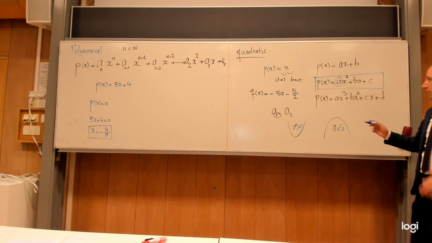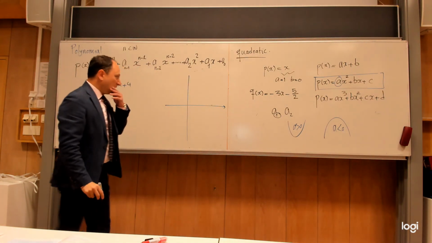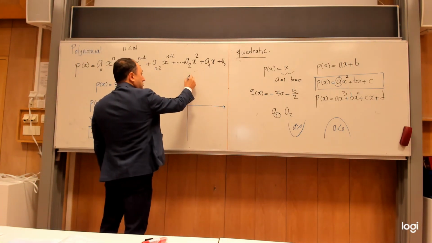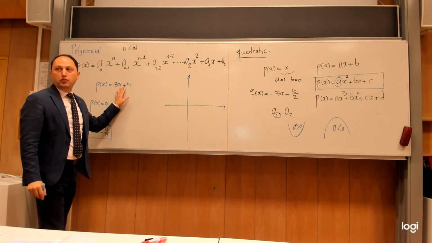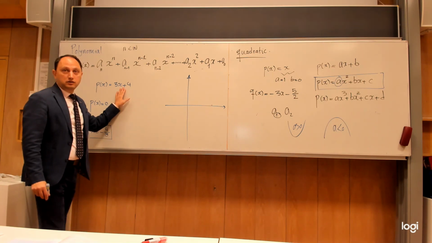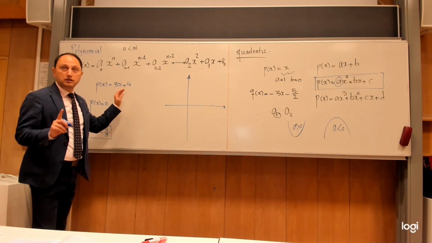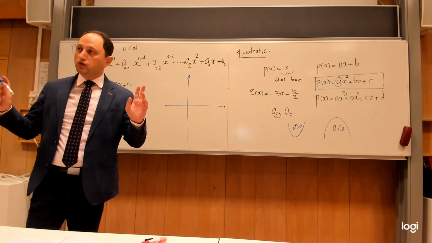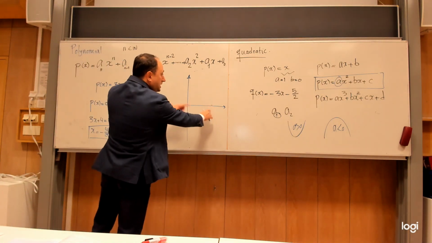Imagine I have this coordinate system. If I have a line, how many intersection points will I get? One or two. No, zeros are only with the x-axis. I'm talking about the number of zeros for a first-degree polynomial. You are right, I can have a line which intersects the x and y-axis,